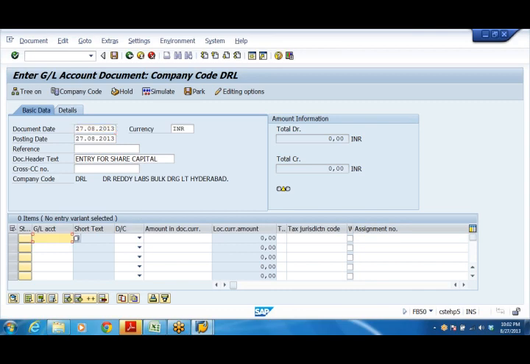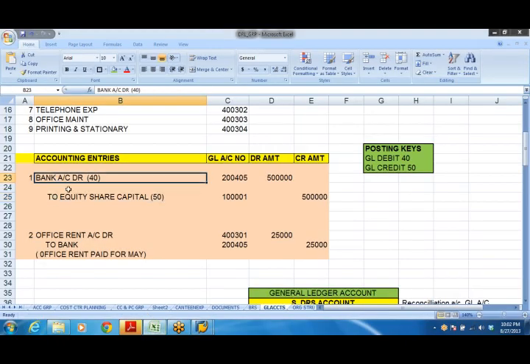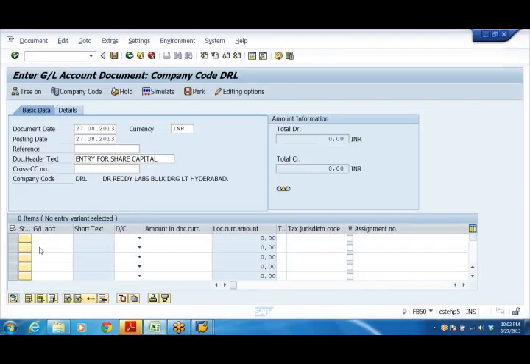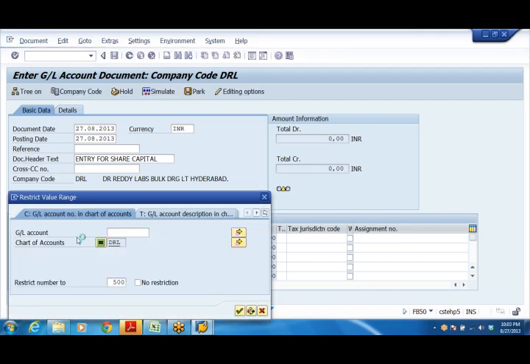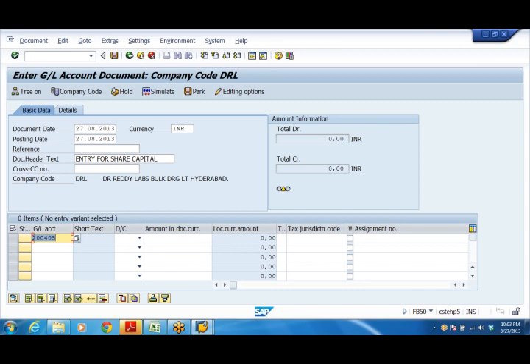Then by GL account: bank account debit to equity share capital account. We have already created the GL accounts, so pick up the bank account. 200405 is my HDFC Bank. Bank account debit, say 5 lakhs.